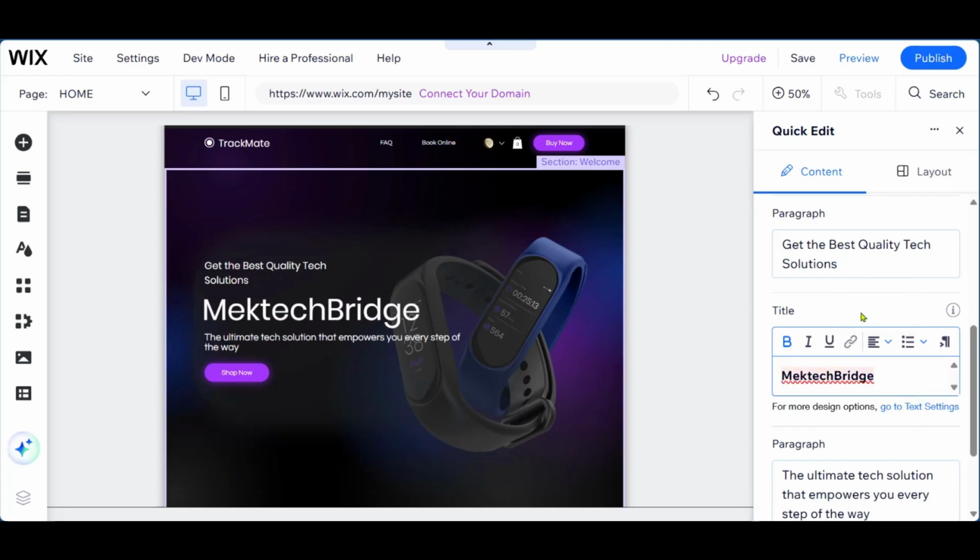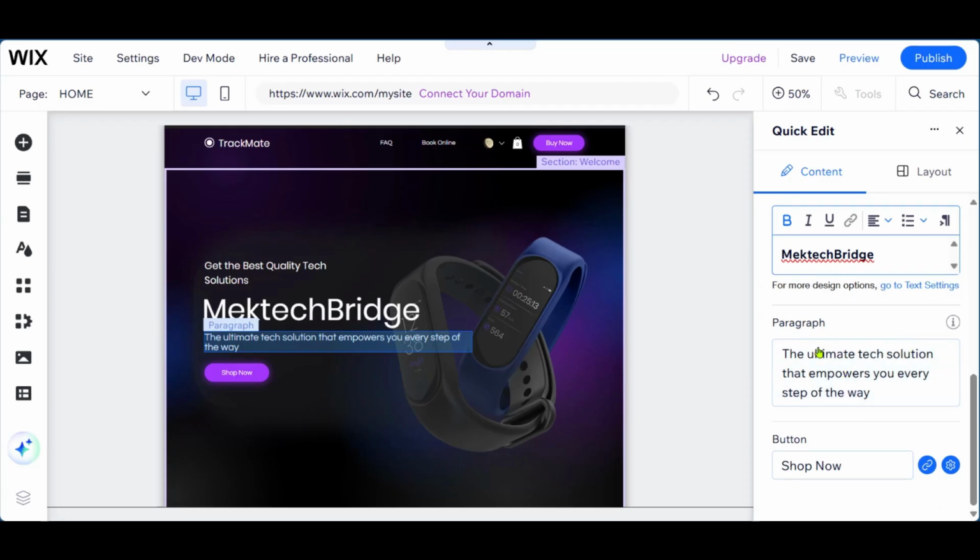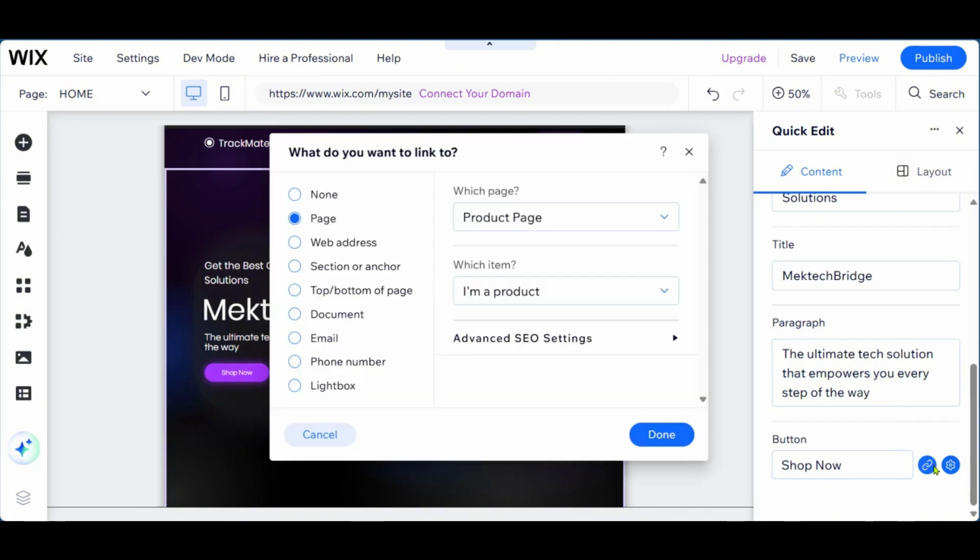Great. So now it's fine and just how we want it. And here you can see the paragraph, the ultimate tech solution that empowers you every step of the way. And then you have the button Shop Now. The link to this button can be changed by clicking on link, and you can connect it to other pages